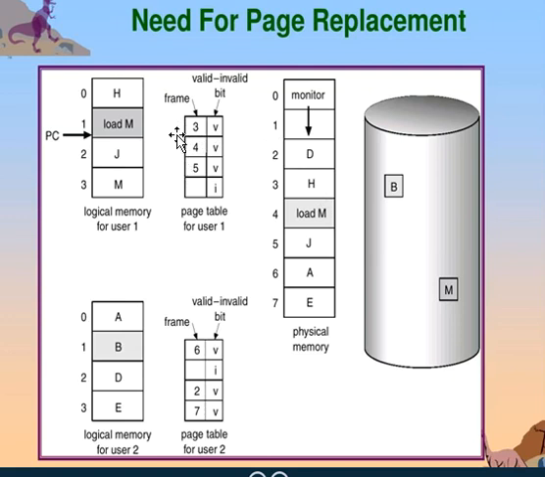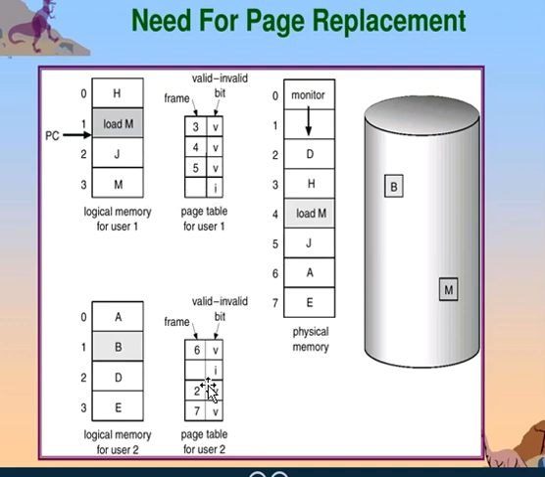So here 0, 1, 2, 3. Beside this page table the page numbers are there, but in this diagram we don't have them. So 0 is representing which page? H. H is valid, that we must keep inside the third frame. Yes. Next 1. 1 is representing what? M. That is valid, that we keep inside the fourth frame. Yes. 2. 2 is representing what? J. J is also valid, that we must keep inside the fifth frame. Yes. Now 3 here. 3 is representing what? M. M is not valid, that is an invalid one.